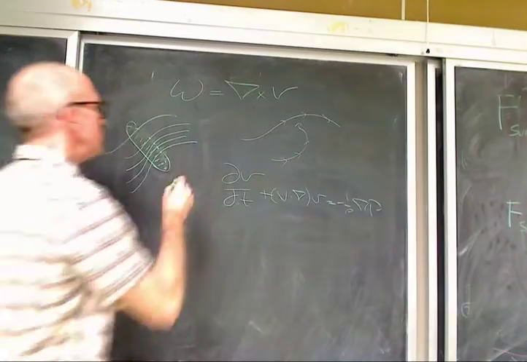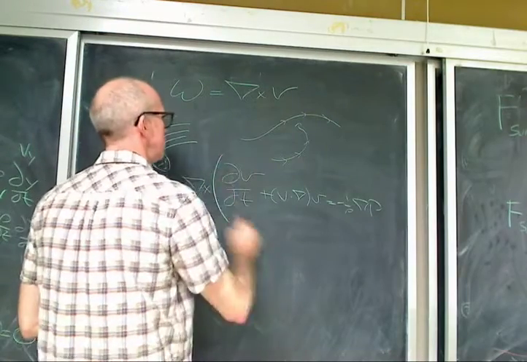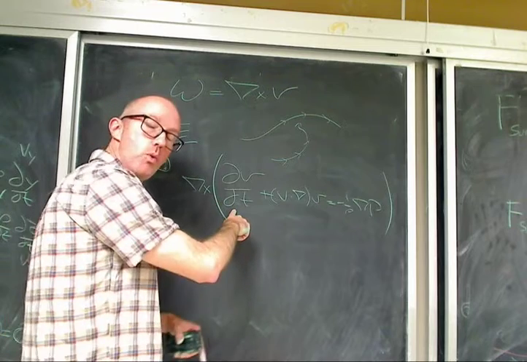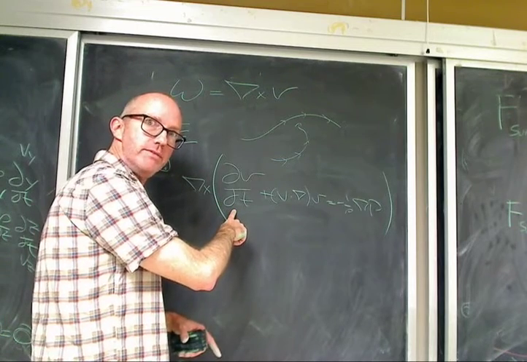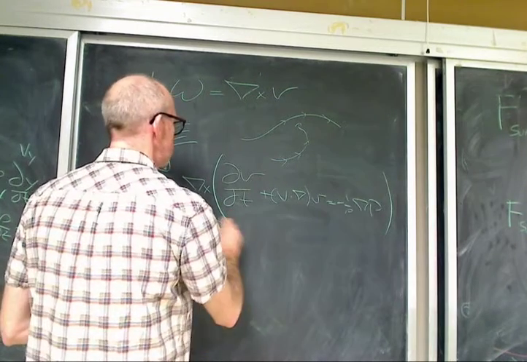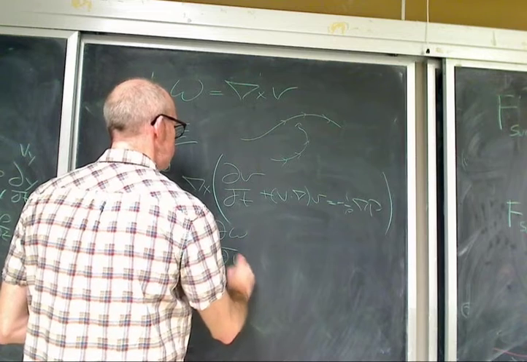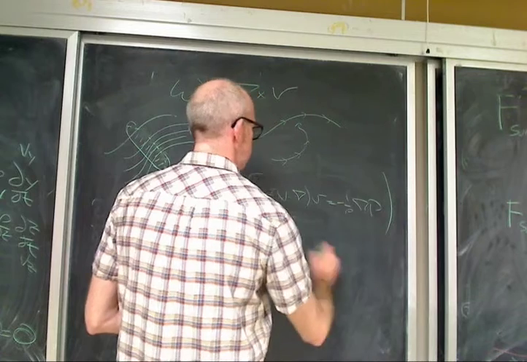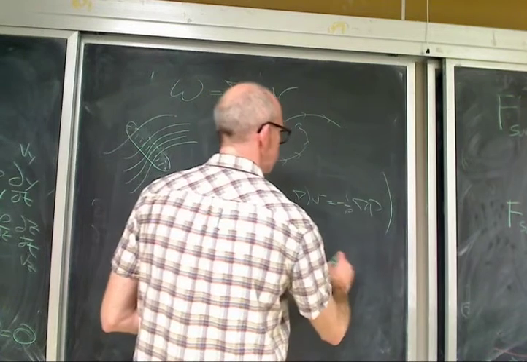Okay, I'm going to take the curl of this. And the first one is easy because nabla and the time derivative commute. So I get partial omega partial t plus this term. Let's skip this term for a second. This term,